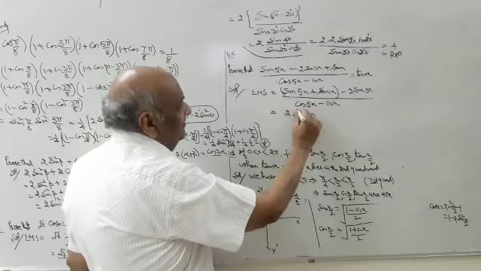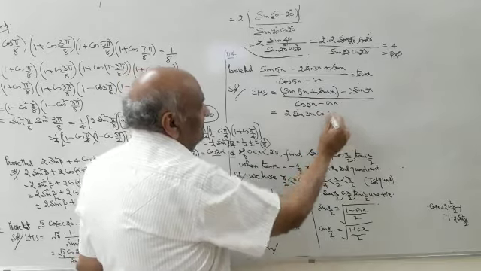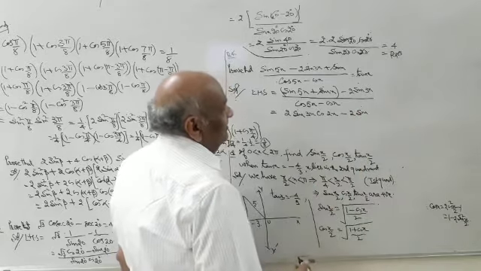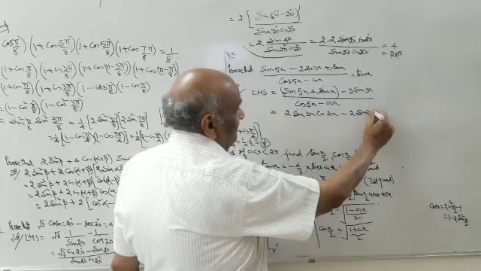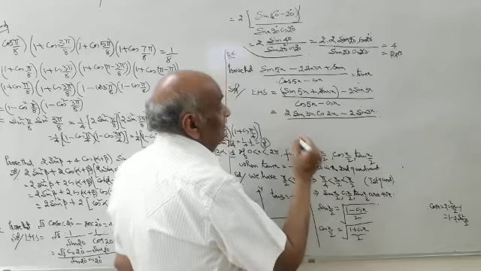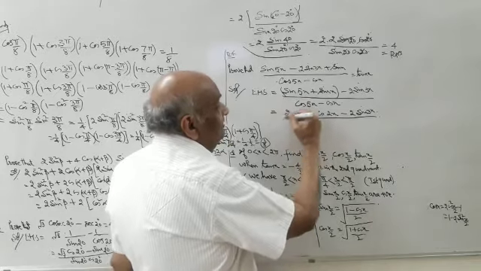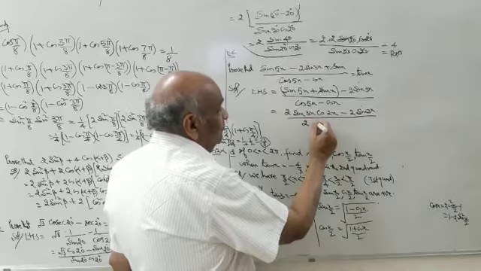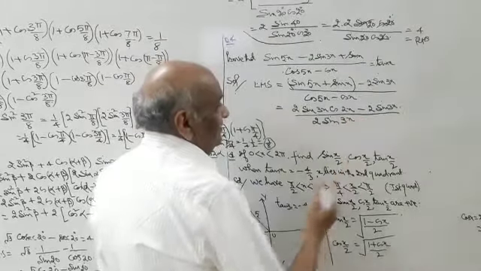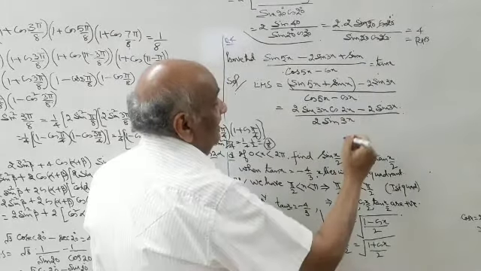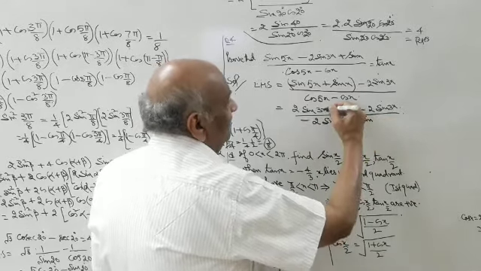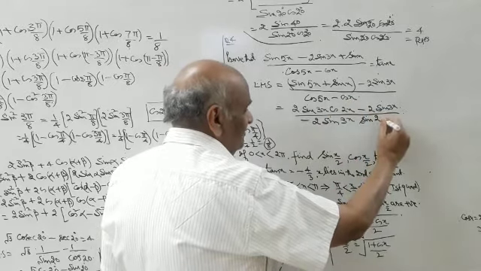2 sine 3x cos 2x minus 2 sine 3x upon, it is cos 5x minus cos x. It becomes here cos C minus cos D. It is 2 sine of 5 plus 1, this is 3x, 2 sine of 3x, and then we have sine of minus here, you can keep it 1 minus 5, 4, 2x.